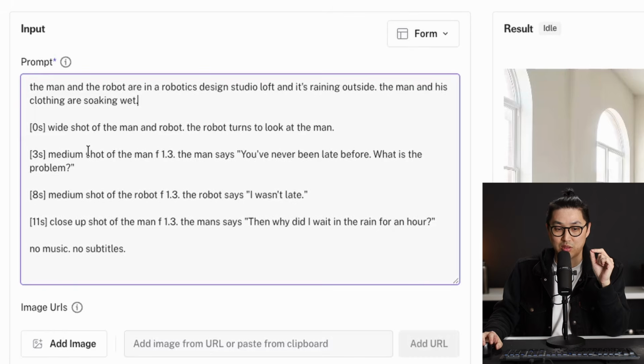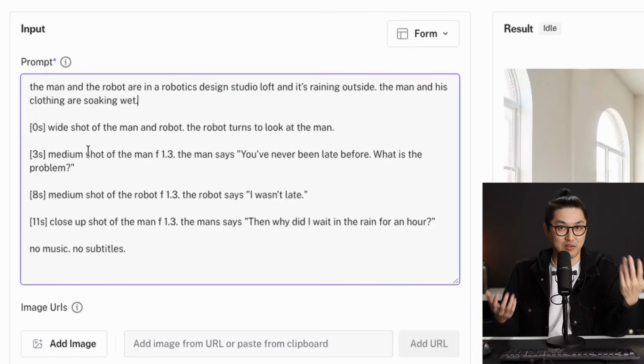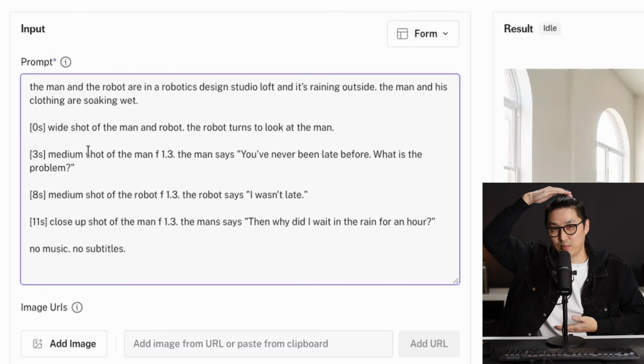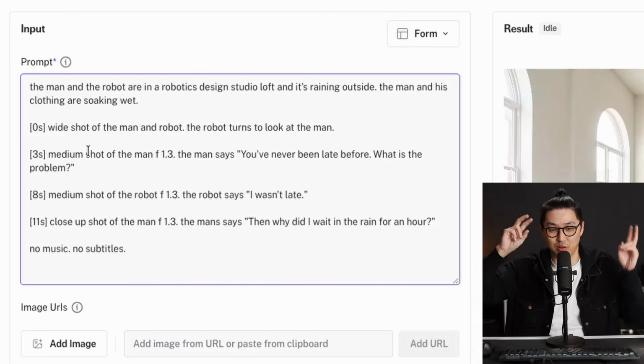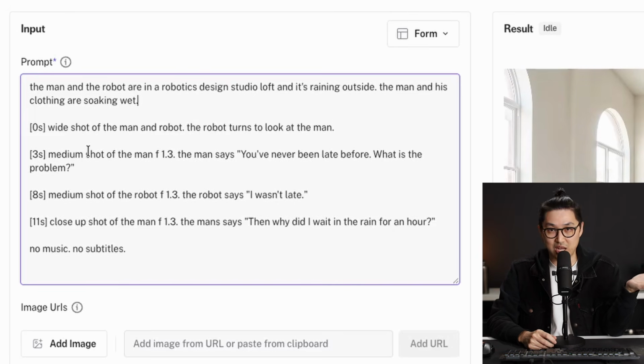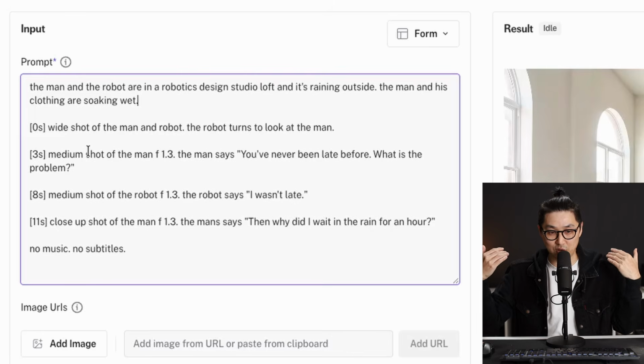I write f1.3. Medium shot, if you're not familiar with cinematic terms, is usable in Kling, Nano Banana, VO, etc. We use these on set in real life. A medium shot is basically the head and a little bit of the chest, your typical medium shot. And I'm writing the notation f1.3, which references real-life photography and basically means to make the depth of field shallow so that the background is out of focus.